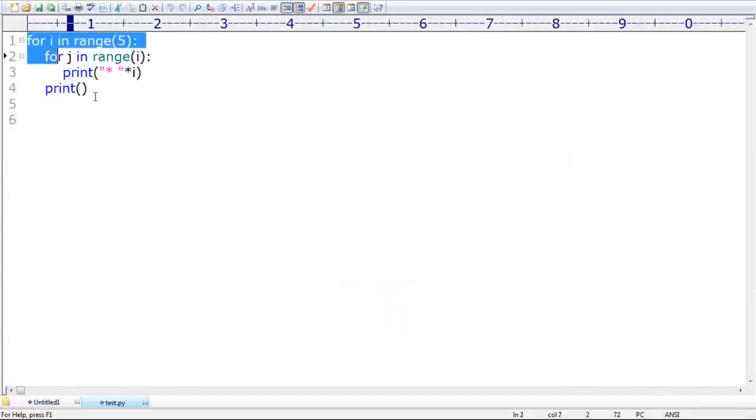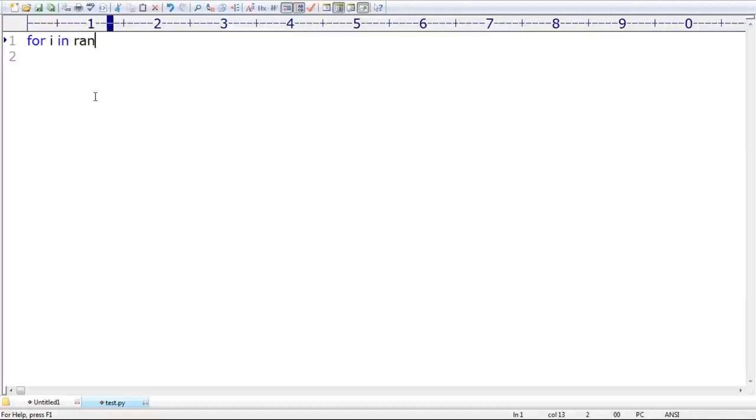Assume I'm taking for i in range of 4, for j in range of 4. Range of 4 means 0 to 3. Like what I'm trying to take, print of